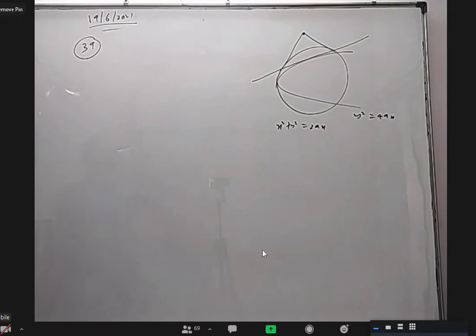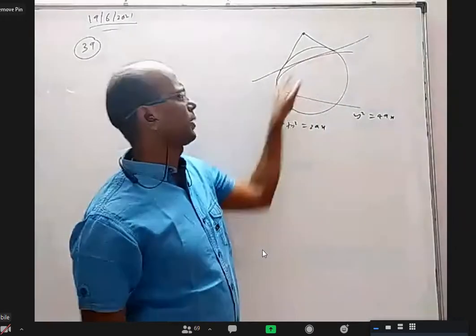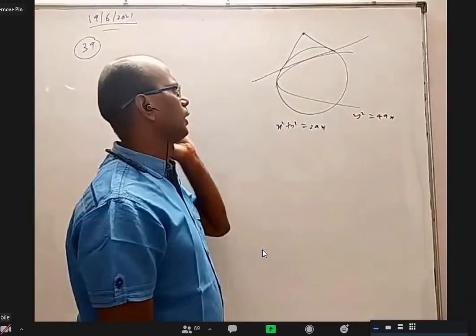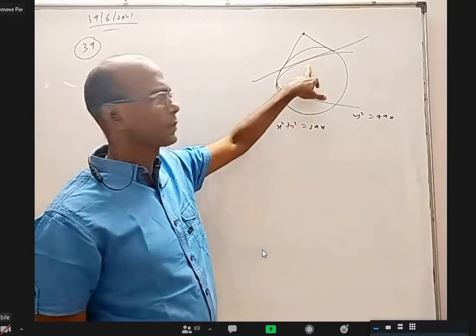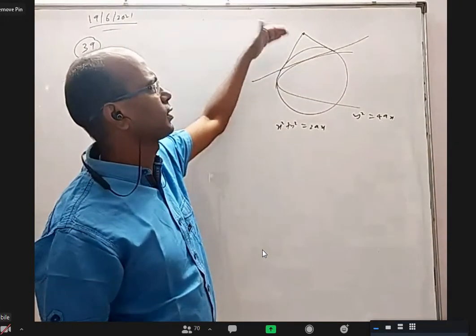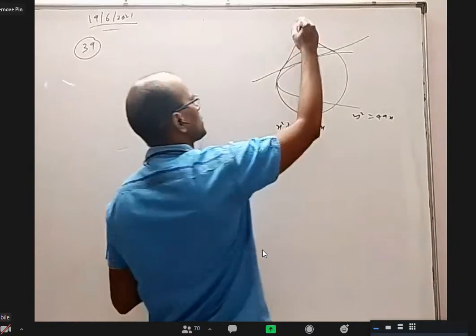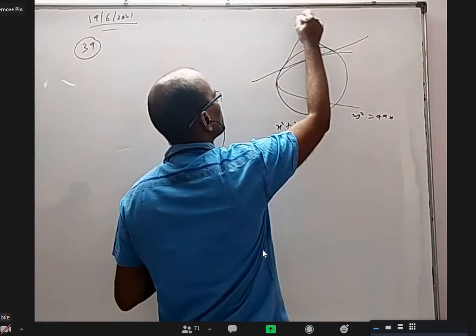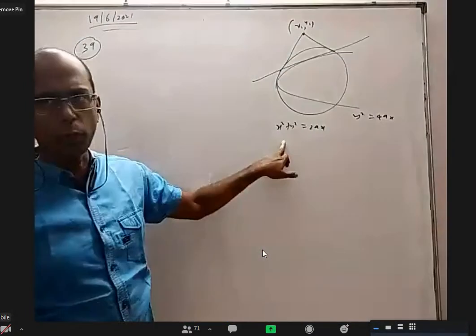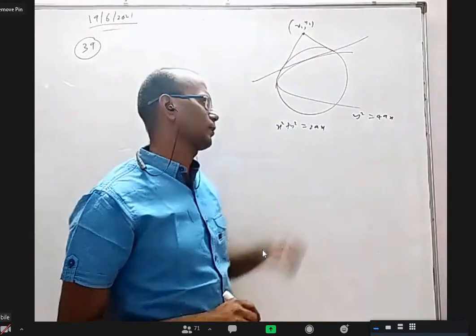Okay. I think the question is, there is a parabola and there is a circle. The parabola has a lot of tangents. They have poles with respect to the circle. What is the locus of that? As usual, take that point as x1, y1. With respect to the circle, you have to find the polar, and that should be tangent to this.